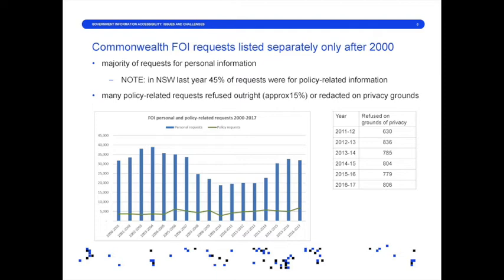There would be reasons for that, and if you were interested, you could possibly ask Elizabeth at a later date. All right. But many of these policy-related requests were refused outright on privacy issues, rightly or wrongly, and again, I can talk about that later, but I'm not going to right now. You can see in this table that about 15% of all policy-related requests were refused on grounds of privacy. That's outright. There are lots of others that they will grant, but you can't read it because it's all black ink. So that's the other side of things.